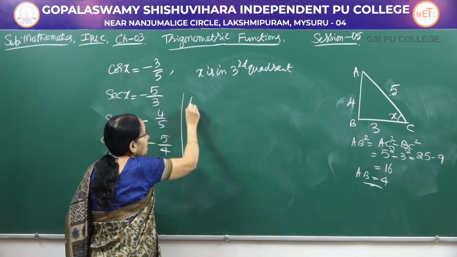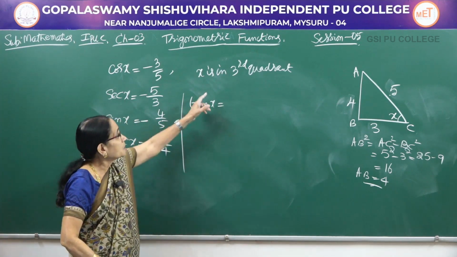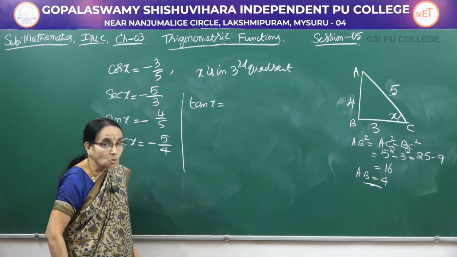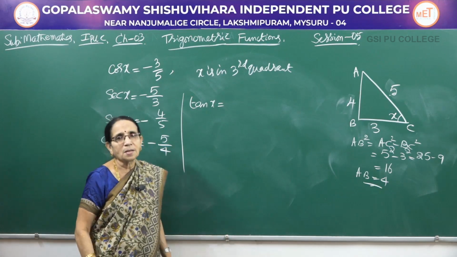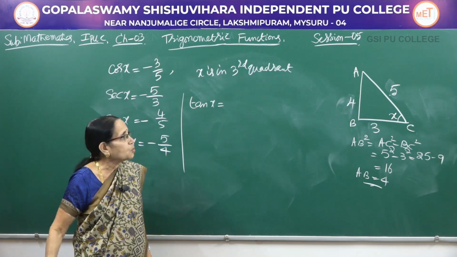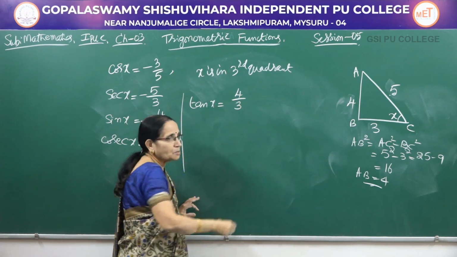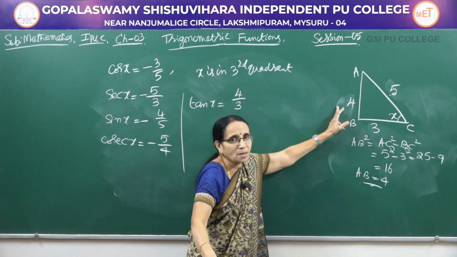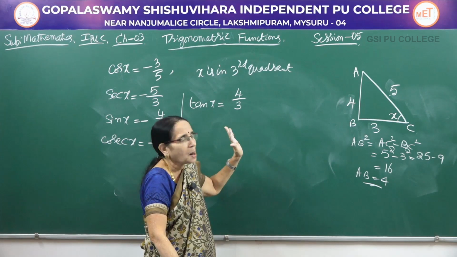Next, you come to tan x here. Now look here, x is in third quadrant. So, in the third quadrant, you know that both tan and cot are positive. How do you define tan here? Tan is opposite over the adjacent side. So, it is 4 divided by 3. Strictly speaking, here we have to write minus, even that would be minus, then it is minus minus, they get cancelled and we will be getting 4 by 3.